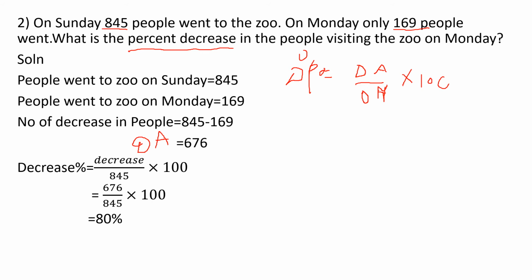Is it clear, children? So the calculation part, you have to do it and check whether you are getting 80% or not. If you're not getting 80%, you can just take a photo and send it to me. I'll find out what mistake you have made in the calculation. If I do the calculation every time, it won't be good. So you have to do it yourself. Okay, children, now let's see the next problem.